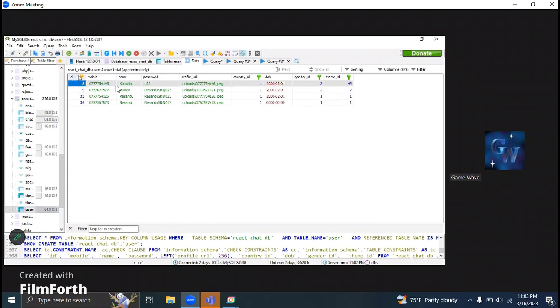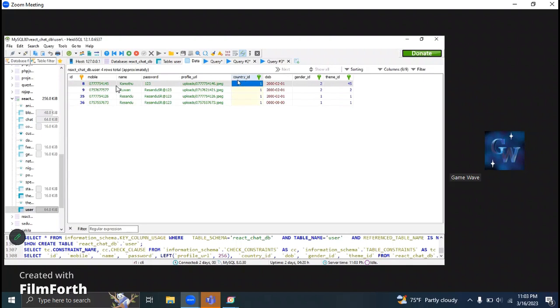So you can see we have taken the mobile column and name, password, and profile URL, because when you put a profile picture, it will save in here. And the country ID,